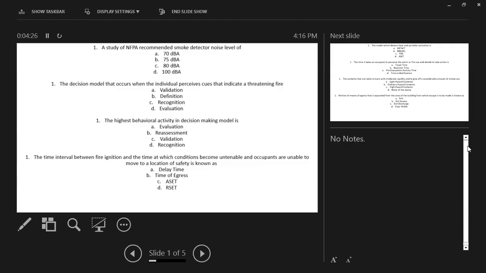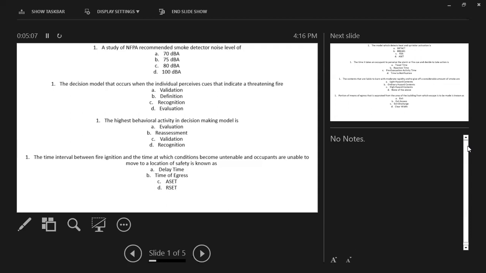If I wanted to define a delay time, it would have nothing to do with the fire ignition. It would be focused only on the occupants, that they have a delay in reaching the location of safety. Here it's providing two intervals, so either it's ASET or RSET. RSET is the time where the occupants have already moved towards the location of safety. RSET means the required time for the people to move to safety. Here it's a scenario in which the people are still unable to move towards the location, so it is the time that I'm going to make available for them.